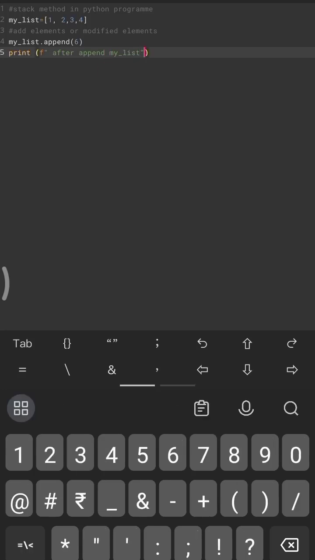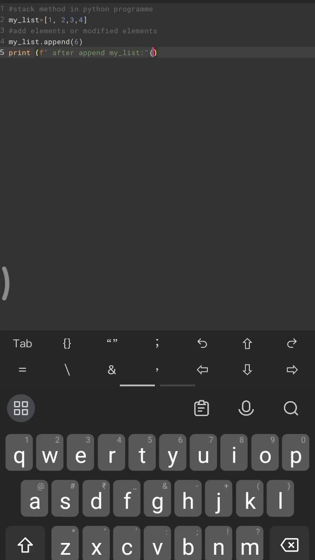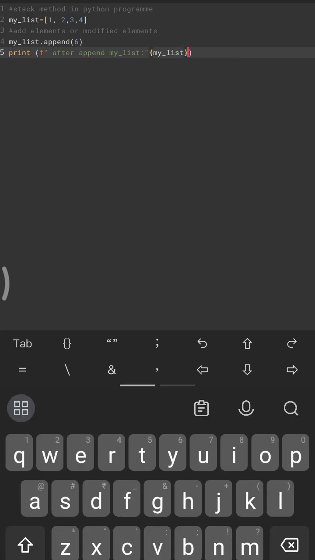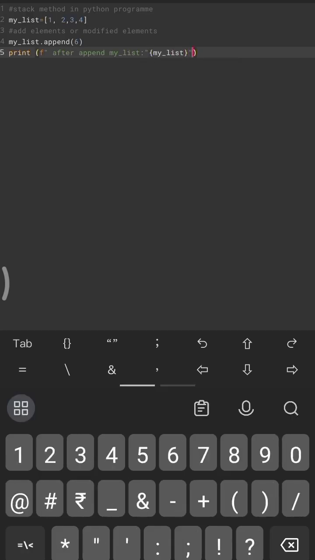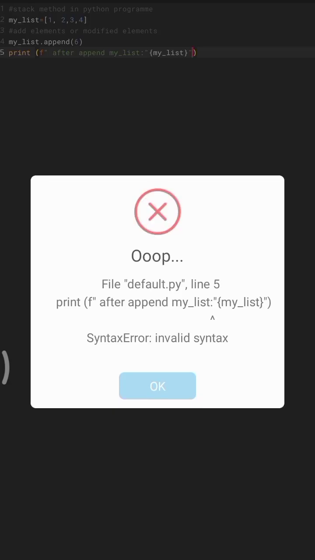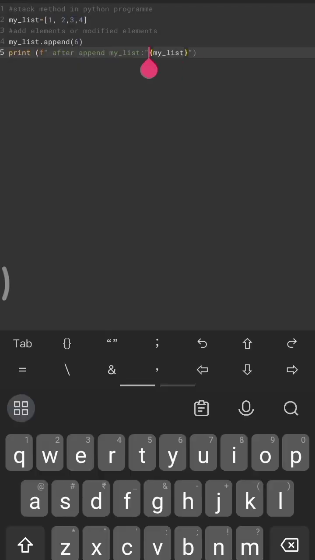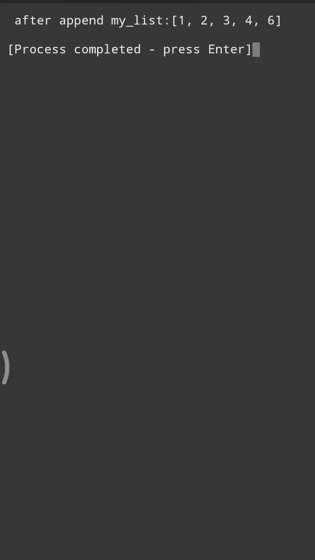So after append, my list, okay, I use curly brackets here. In this I print my list, and I compile this. Yeah, there is an error because I put three inverted commas here, so I remove this and I will run this. And so you see,